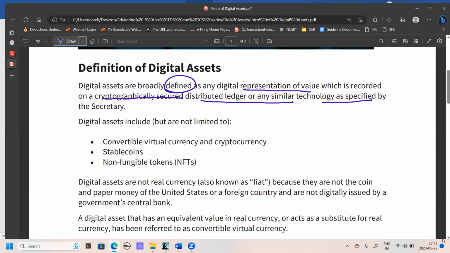So digital assets include, but are not limited to. They include because digital assets have a very vast scope. Many things come into this, but we tried to figure out the basic things which you can analyze and decide whether it will come under the digital assets or not. So here, digital assets include convertible virtual currency and cryptocurrency, when you say Bitcoin, Ether, or digital notes, anything which can be converted into respective forms. Stable coins, non-fungible tokens, you can say NFTs. These are the three broad categories into which we divided the digital assets.